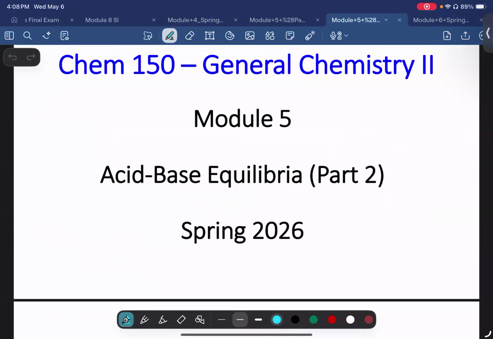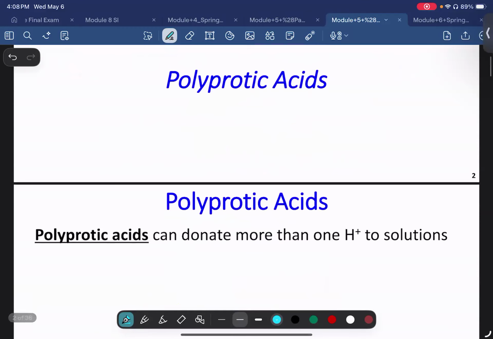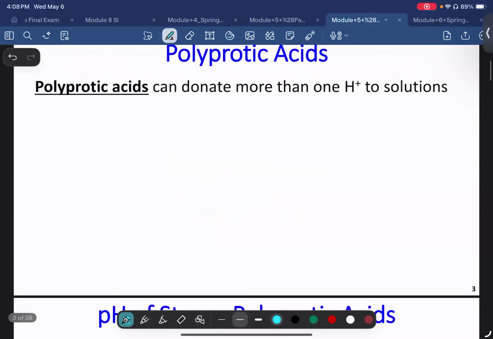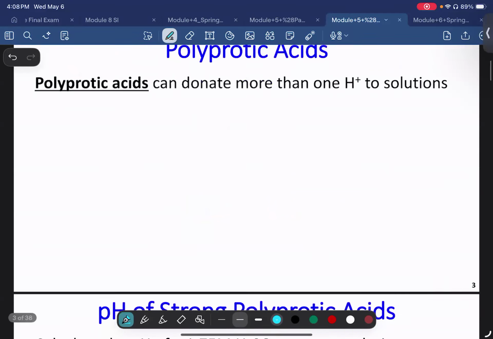So part 2, I'm literally going to name it buffers and titrations. It's a pretty big idea, right? So before we talk about buffers and titrations, let's talk about polyprotic acids. This was in the video that you guys were supposed to watch. I don't know if you guys did watch it, but